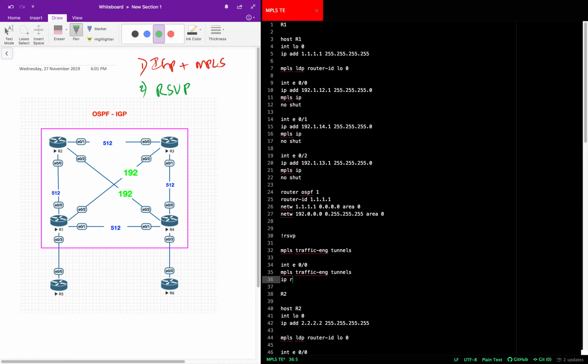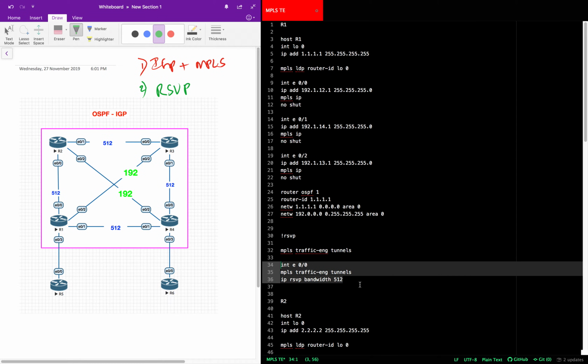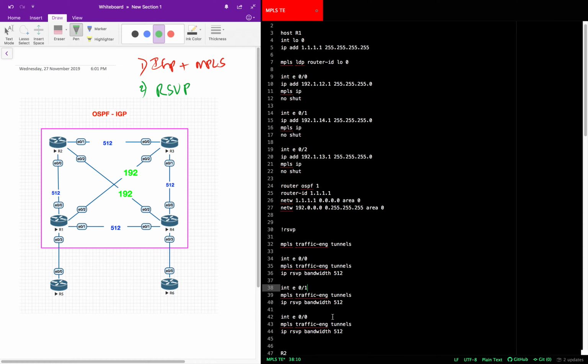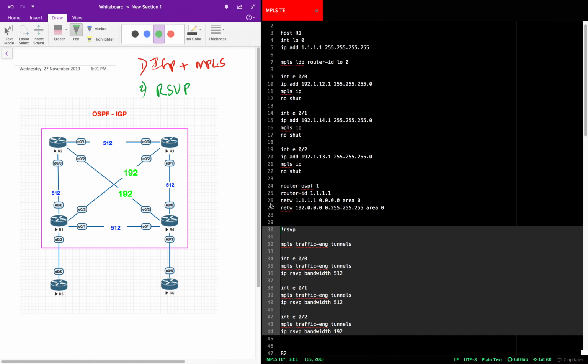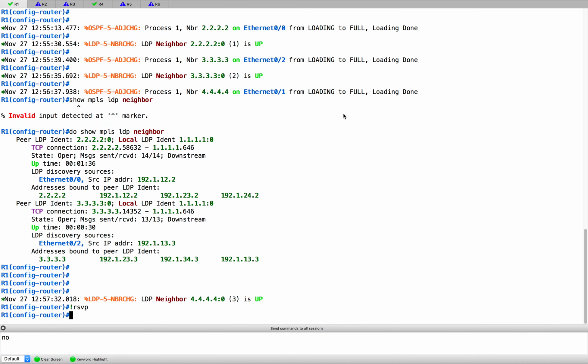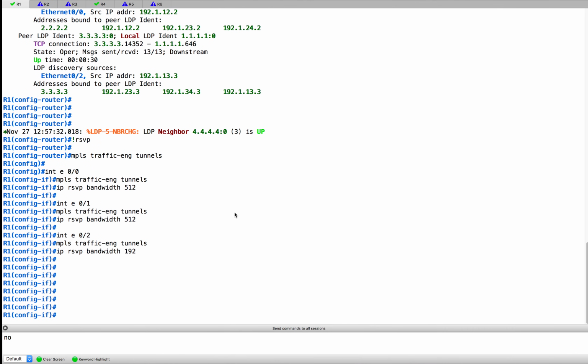under that you are going to reserve the bandwidth. RSVP bandwidth. What is the bandwidth I want to reserve? Here it is. On 0/0 I want 512. You see this number? This is what I'm going to put here, 512, right? There you go. So now the other 2 links I'm going to reserve 0/1 and 0/2 is going to be 512 and 192 here. That's it. That is going to be our RSVP protocol. So just go to R1 and there you go. Done. It went in,